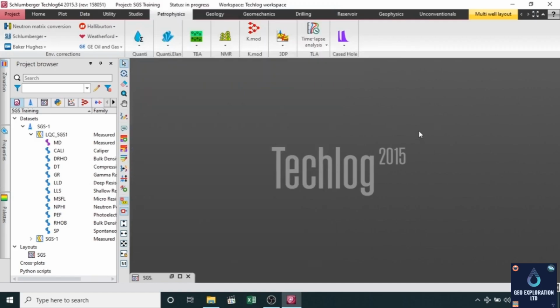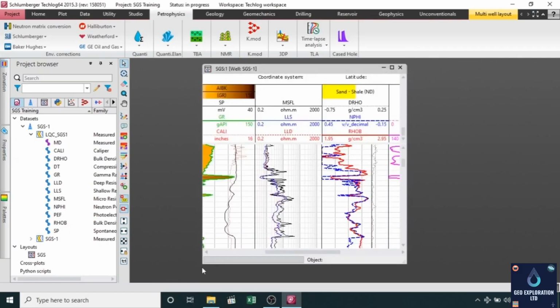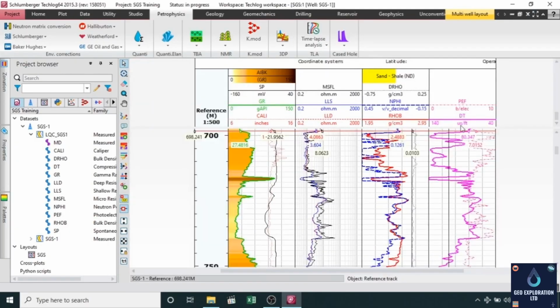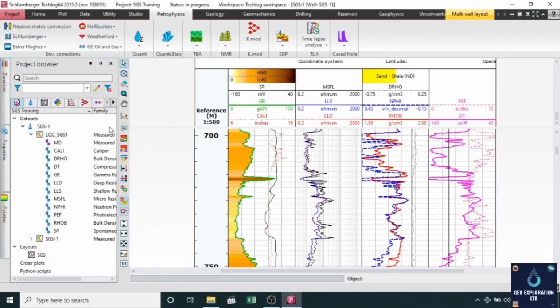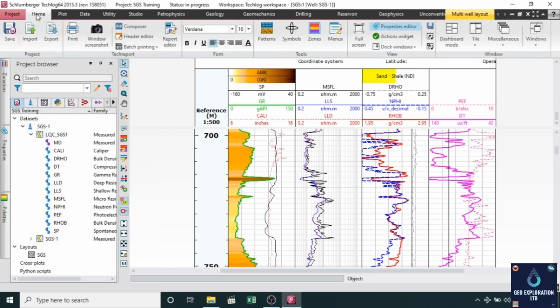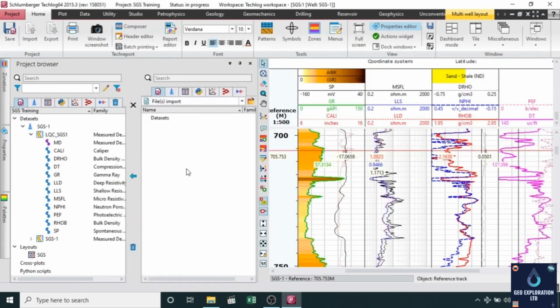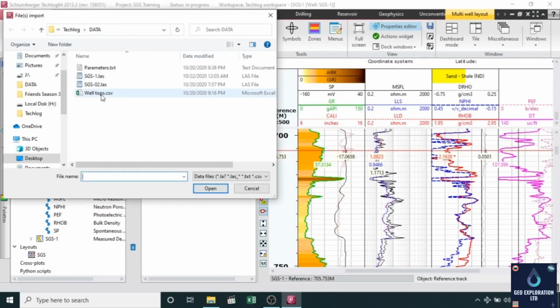We haven't imported the well top or zones, so for that again we have to maximize our layout and we have to go to home tab, we go to import, we go to open, there is our well top file, we click on this,